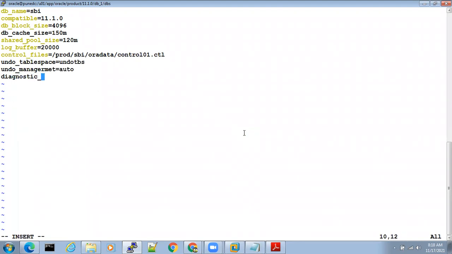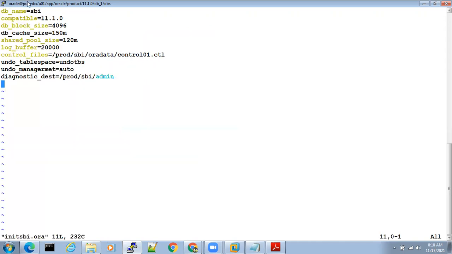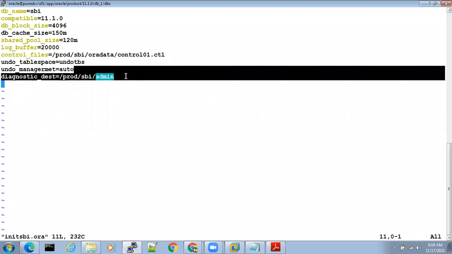Okay. Next, diagnostic_dest is equal to /prod/sbi/admin. Now I'll save this. I've saved it. Only one spelling mistake that I have made is in undo management, something like that.